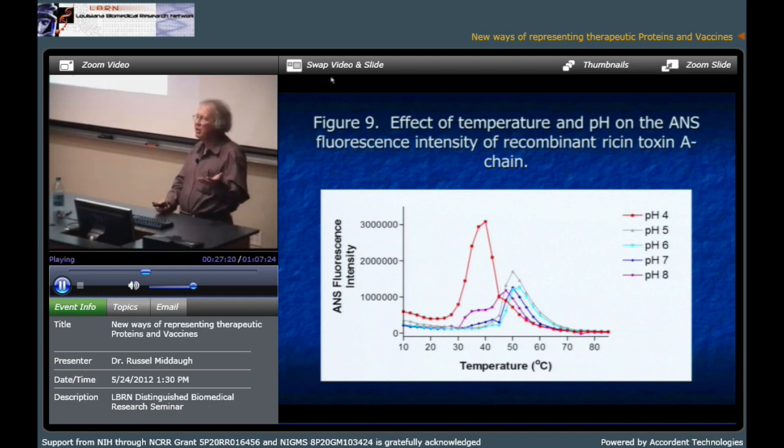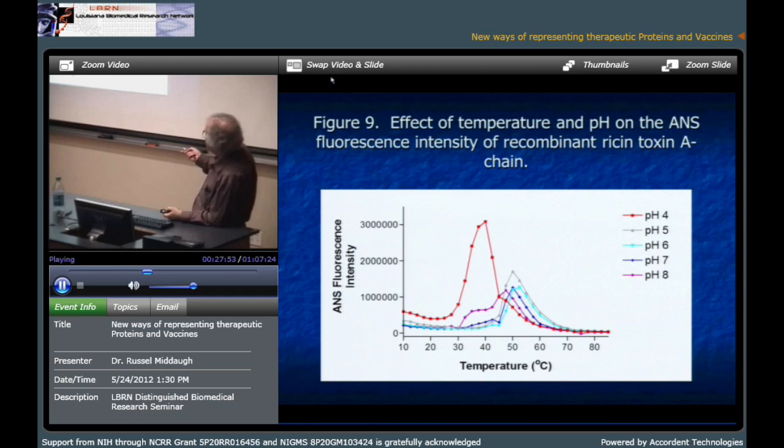With proteins, we tend to use either things that detect apolar regions, like ANS, 8-anilinonaphthalene sulfonic acid, or things that detect intermolecular beta structure. There are a number of dyes that do that. When we're looking at DNA, there are a whole collection of dyes that bind into the major and minor grooves and that intercalate. We use membrane-active dyes when we're looking at viruses that have membranes, all of which probe some aspect of structure. And we typically probe as a function of things like temperature, pH, although other things as well.